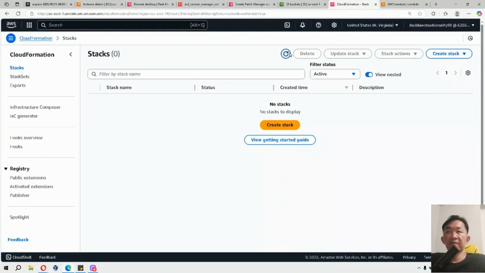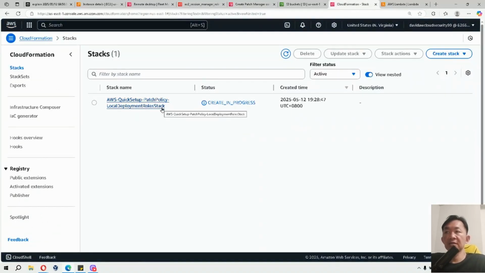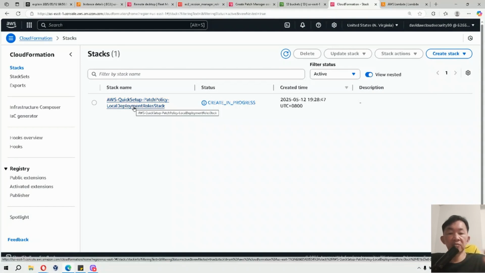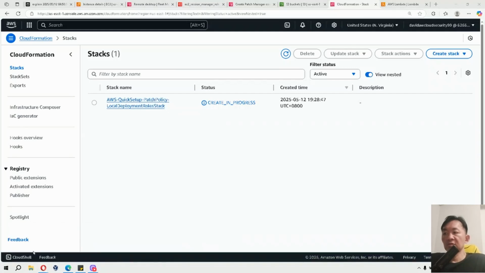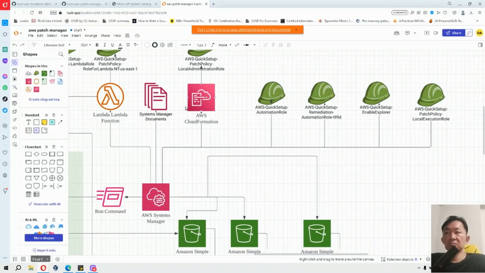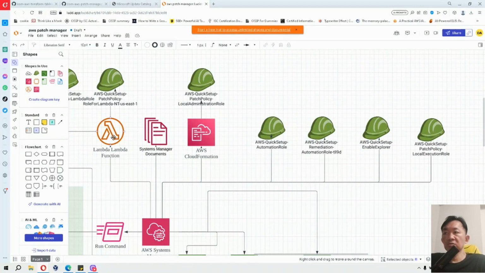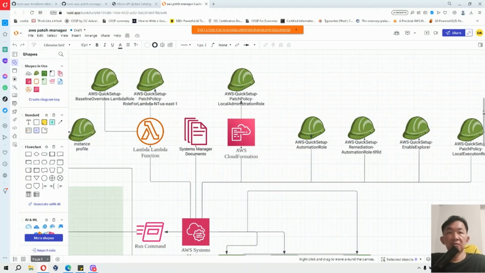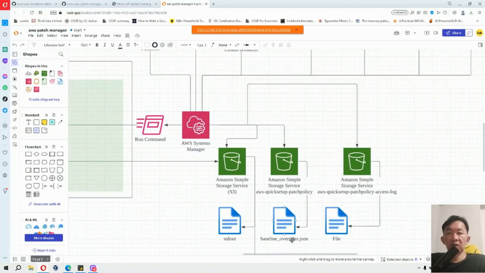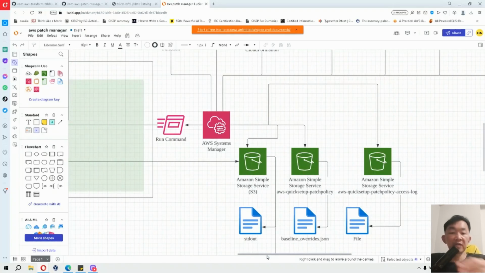While waiting, let me refresh the CloudFormation. What it does is create a slew of roles, just like what I've shown you here. The CloudFormation will create all these roles, and also a Lambda function which will create these two roles. It also creates two S3 buckets. One of them will have baseline_override.json pushed into it, and the instance will try to pull it. If you understand what's going on, please let me know,